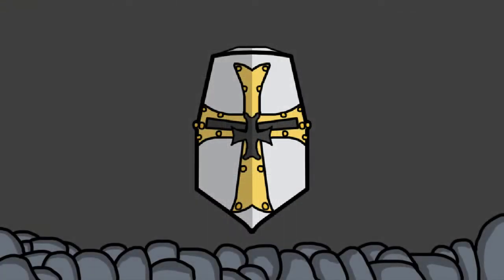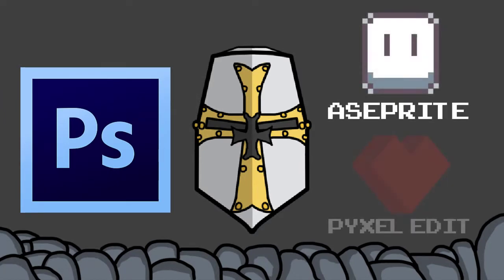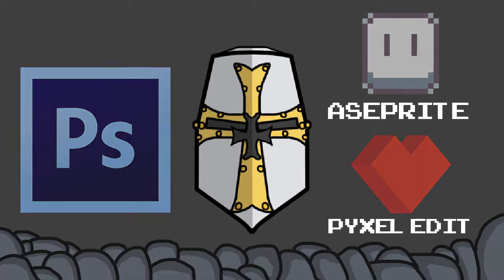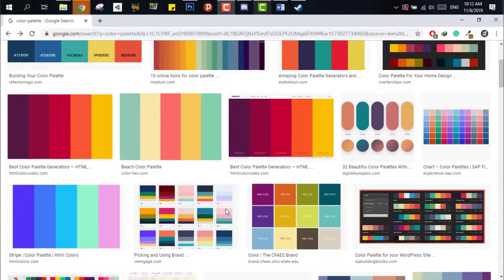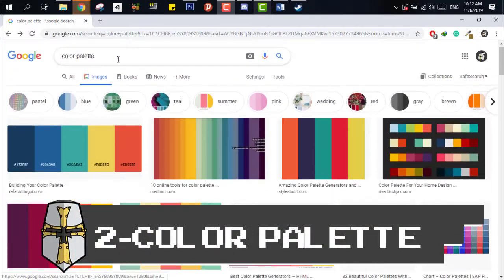For programs, I chose Photoshop. I have the most experience working with it, and I also recommend Aseprite and Pixel Edit, two amazing pieces of software, but I'll stick here with Photoshop. The second thing, and it's the most important, is to choose the perfect color palette,